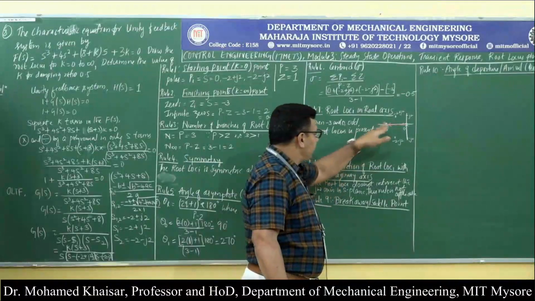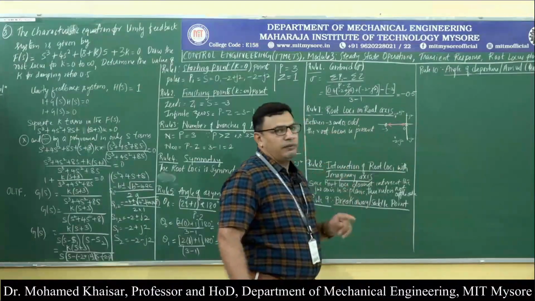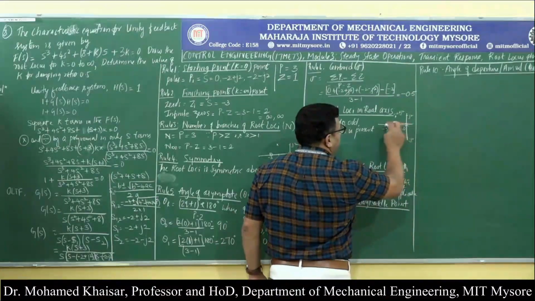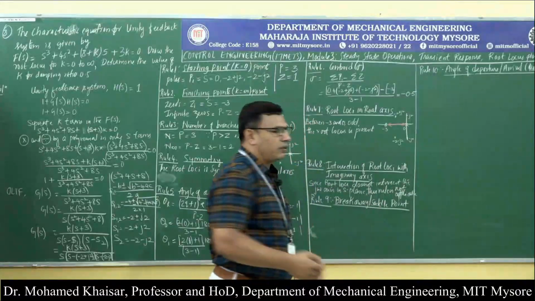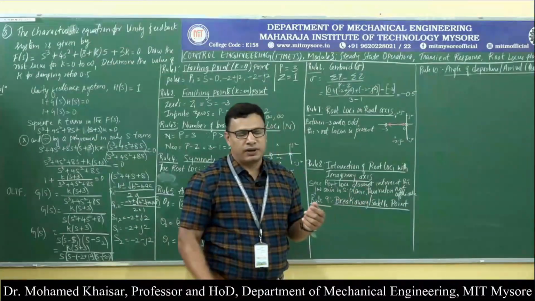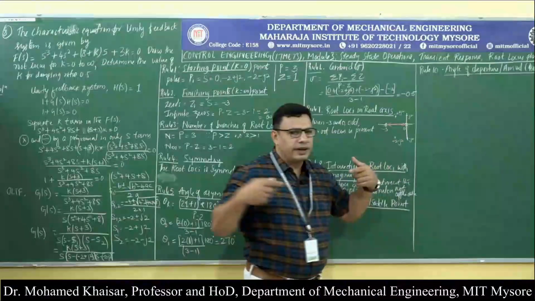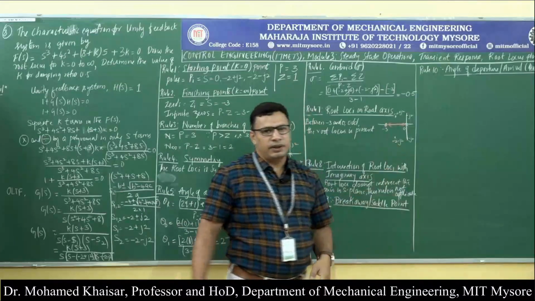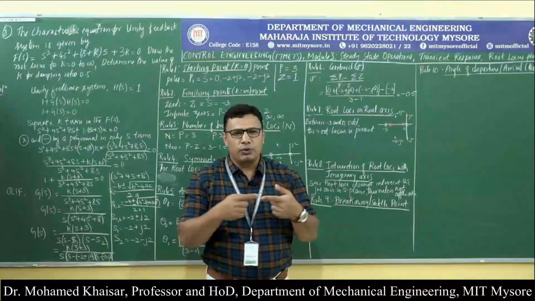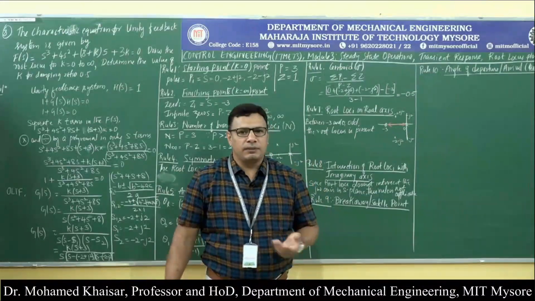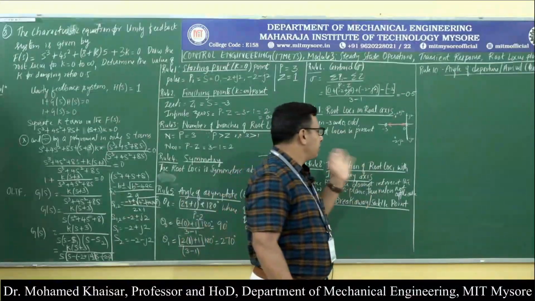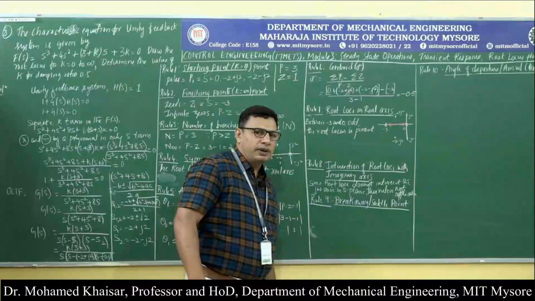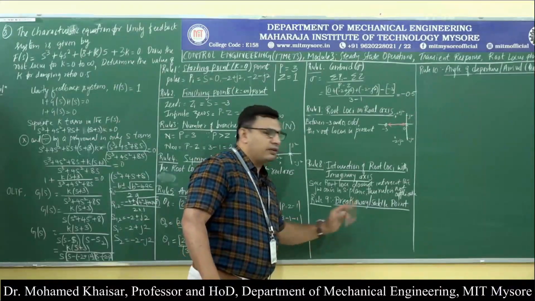From this particular rule, if we observe, one very important inference we can draw. What is that inference? At no instance of time is the root locus colliding. There is no collision of root loci. These two branches are not heading towards one another. One branch is starting at 0, the other is terminating at minus 3. So there is no collision happening. When there is no collision, obviously there is no breakaway point on the real axis. Therefore rule number 9, that is breakaway or saddle point, does not apply.